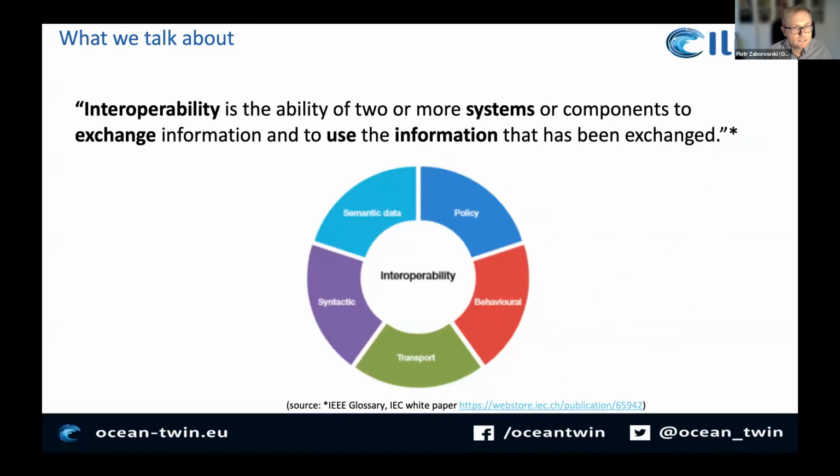So what's the interoperability we are talking about? It is actually the ability of systems to talk to each other and to understand each other, which is quite important. And as you probably all know, it has different flavors. So this is quite